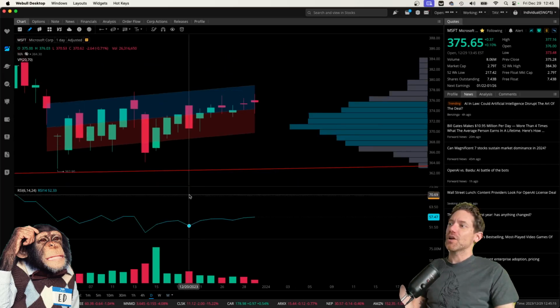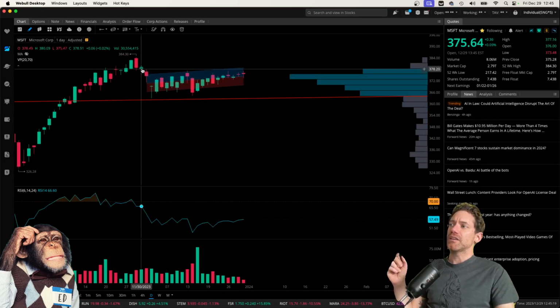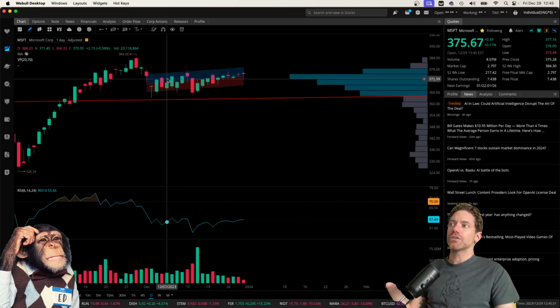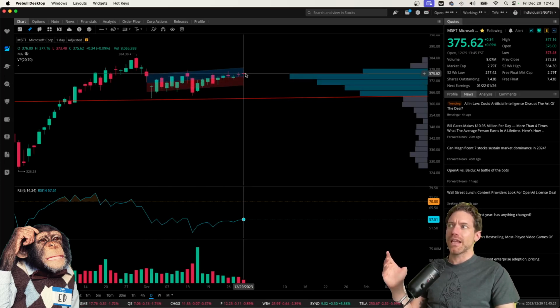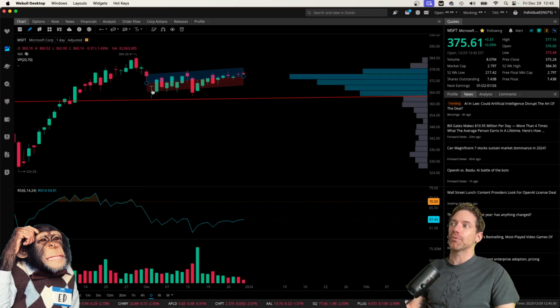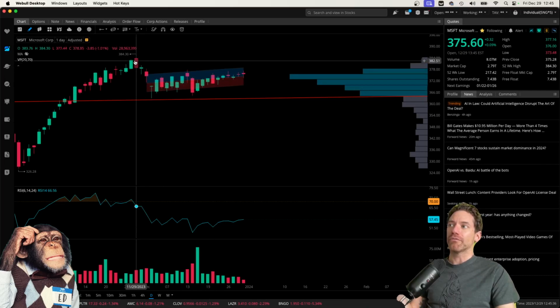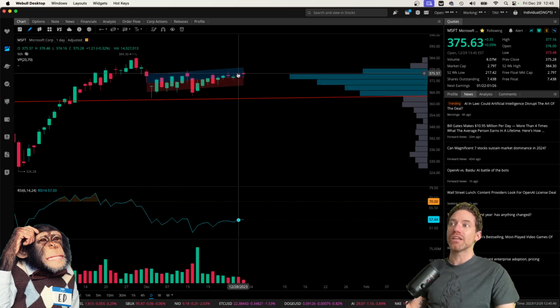Looking at the daily time frame, what I have drawn here is this consolidation channel that shows uptrending consolidation that followed after this drop in the price. What this looks like to me is the formation of a bear flag. We have the pole here with these candles coming down, then uptrending consolidation, which will likely break to the downside.